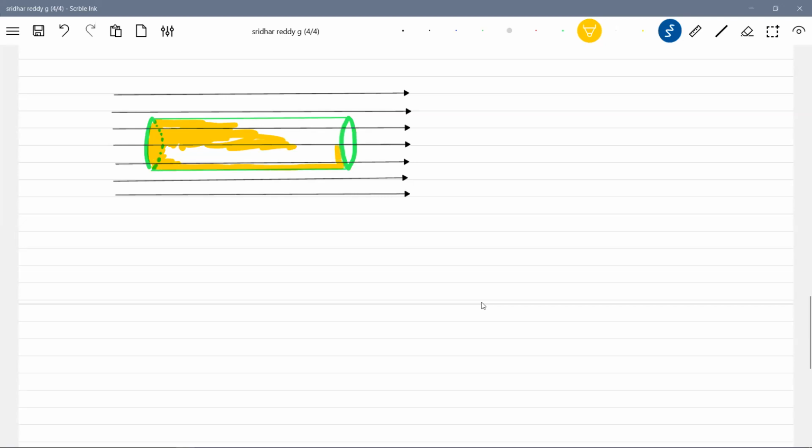And there's a uniform electric field. In that uniform electric field, I'm going to immerse a solid cylinder of length L and radius R. Then let me ask, what about the flux through the cylinder, through various parts, the net flux?